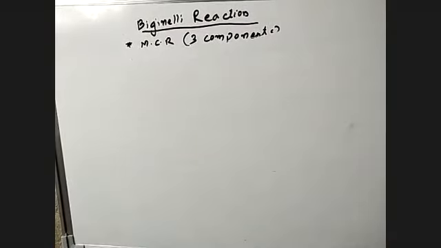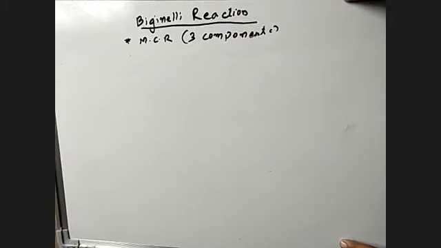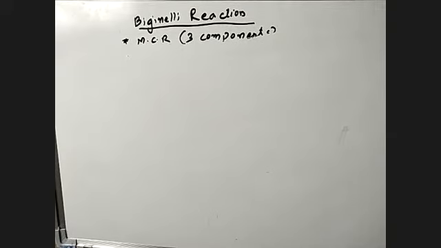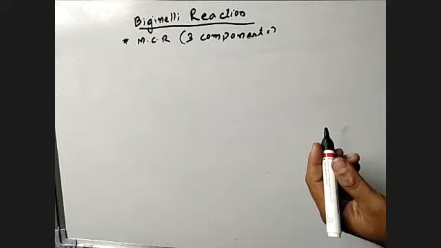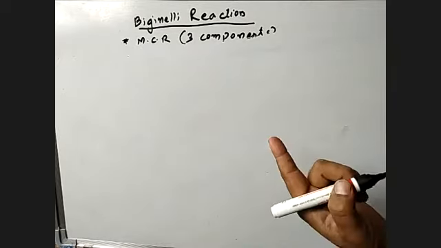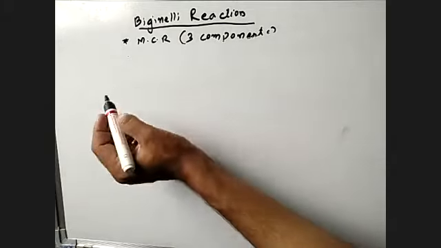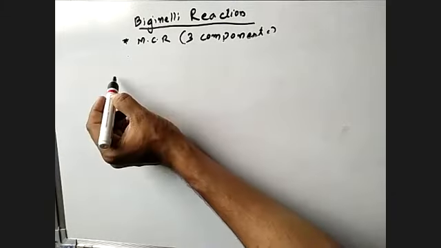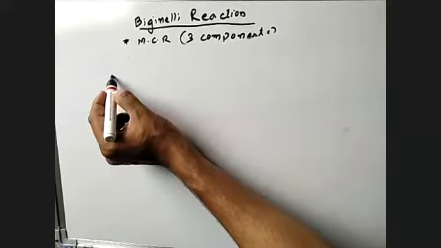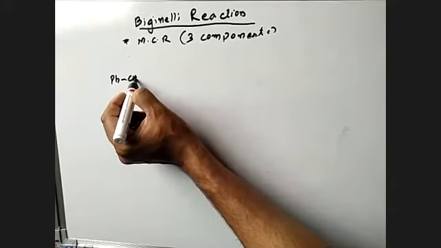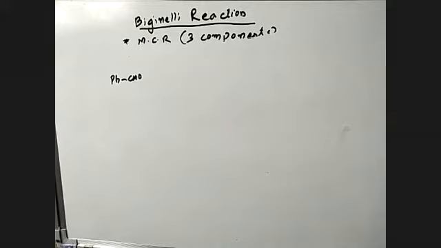So what is the next mechanism? So many times, see, now they will not ask you to write the mechanism, but it was there before, for 2 marks, right? The mechanism of Biginelli. So like that. See, what is another mechanism of Biginelli? See, you take first of all urea and aldehyde. Okay, urea and aldehyde you take. I will write here aldehyde. See, this is the aldehyde, or we can write ArCHO also, PhCHO.